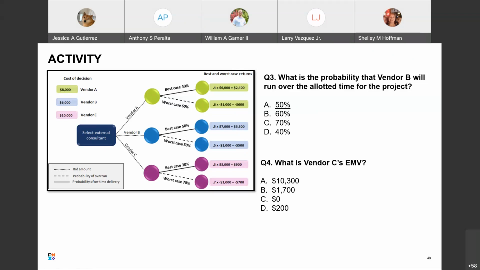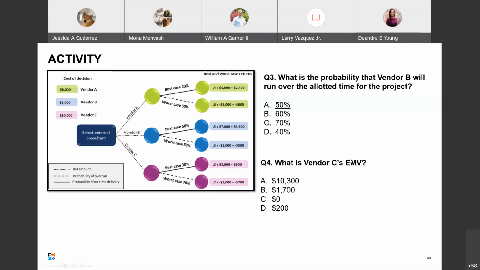Is there anyone on the call that is completely lost with that question that could use a walkthrough? We can do this together. Hi, Will. Yes, I am getting the same answers, but I wouldn't mind a walkthrough. Sure. All right, so let's do the walkthrough then.